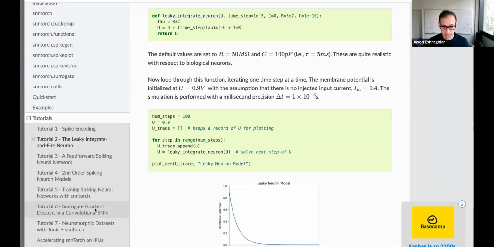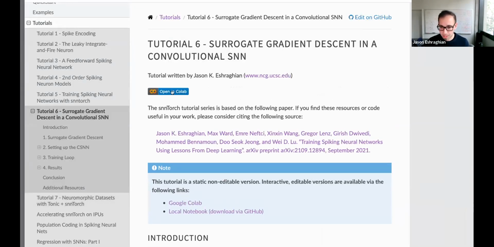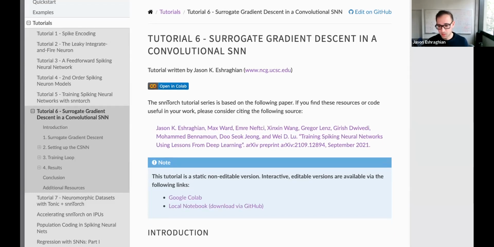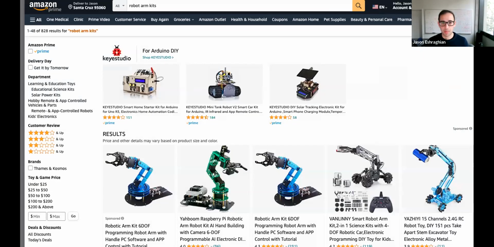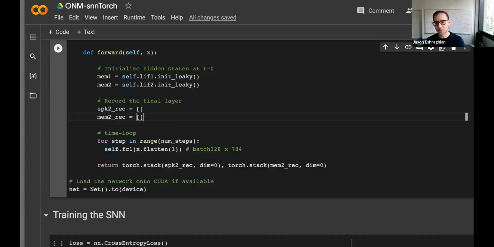That's right, surrogate gradient descent in a convolutional SNN. You can open that in Colab and you'll be able to see how you can mess around with different surrogate gradients. If you want to understand the theory a little better, I would strongly recommend just going there. And hopefully someday we can use SNNs to control robot arms. Actually, no, that's already a reality. A bunch of people are doing that.